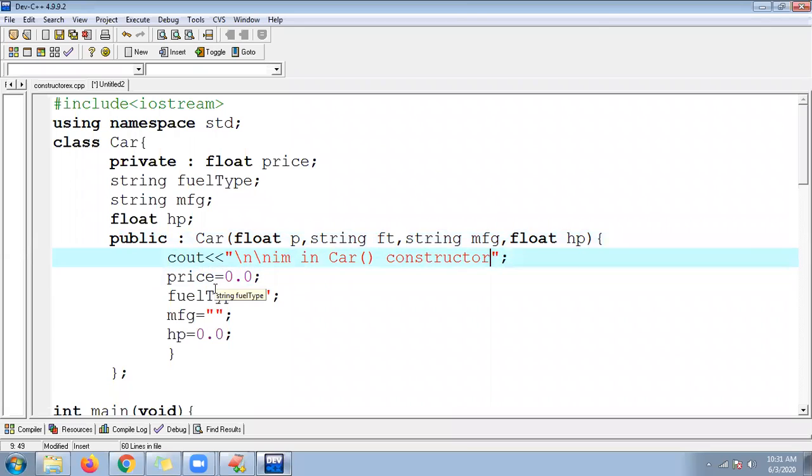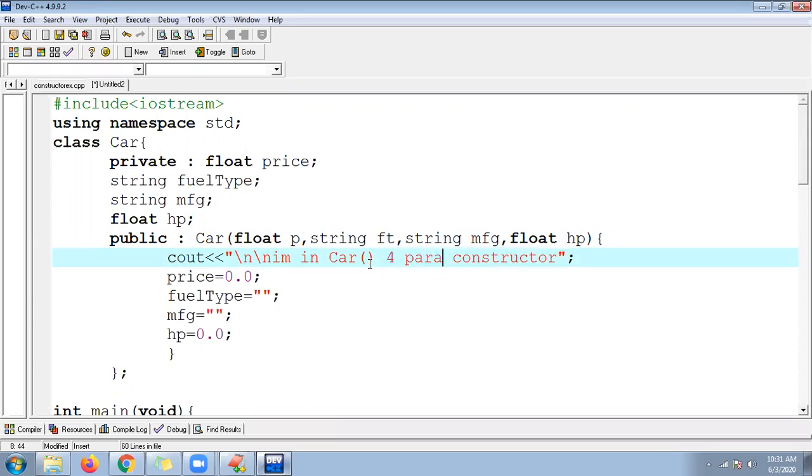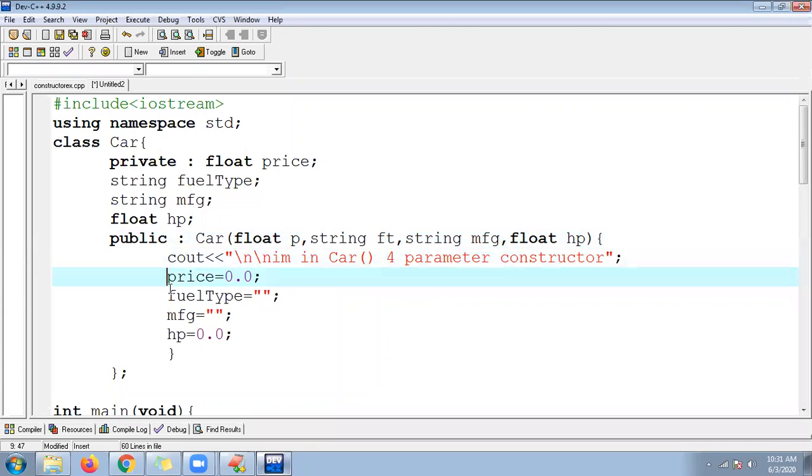Now I am not in a zero parameter constructor. How many parameters am I in? One parameter, two, three, and four parameters. I am in a four parameter constructor. So let me initialize now.